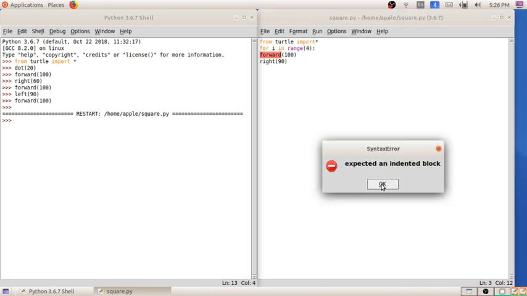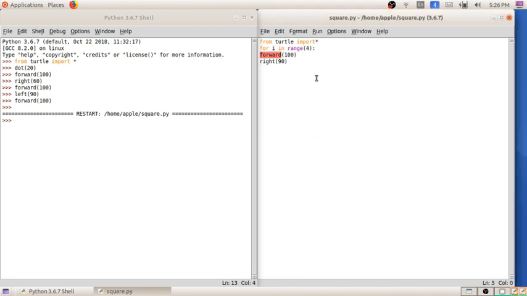It is showing an error. Okay, so why is it showing the error? After writing the for loop, we have to write the code in a specific format. When you click enter, the cursor comes under the position of I. Okay, so here we have to write the code. From here we have to start writing the commands under the loop.